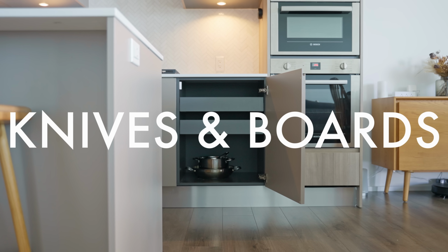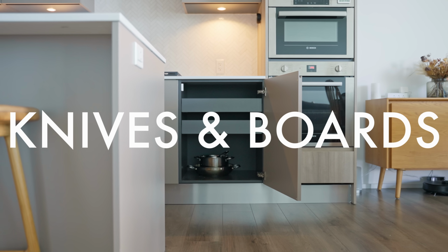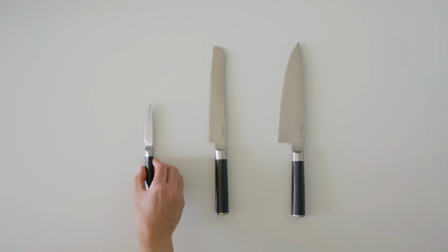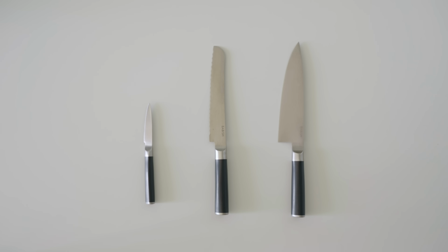Next up, cutting is where almost all cooking begins, where you can simply eradicate almost all kitchen cutting gadgets with a good set of knives, where you can cover pretty much everything using just 3. A chef's knife, which is the most important as it can be used for pretty much everything. A serrated knife for food that gets squished when using a chef's knife, for things like bread. And a paring knife for when you need a little bit more dexterity from a smaller one,